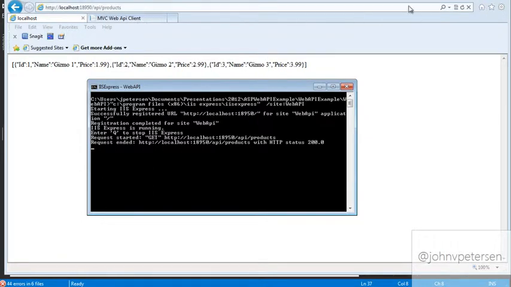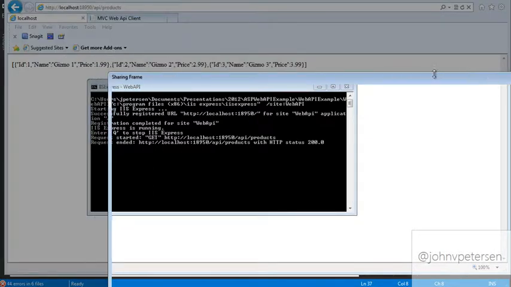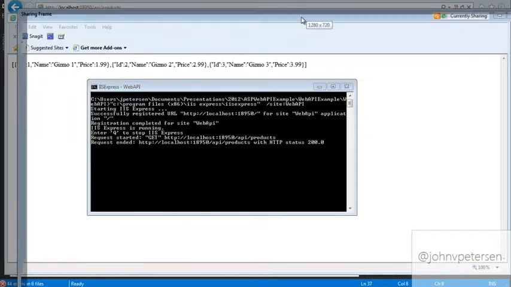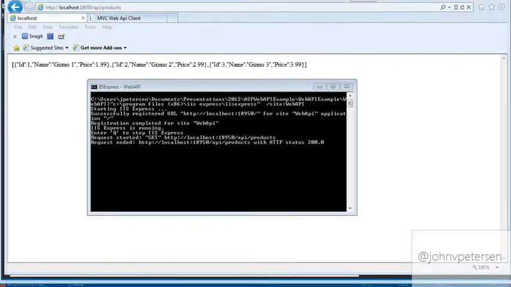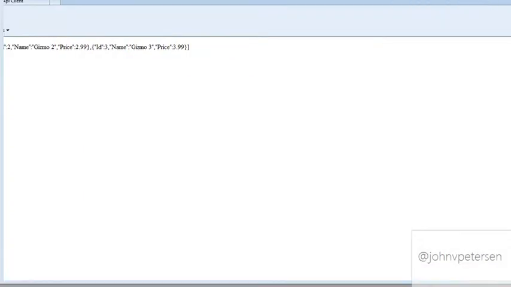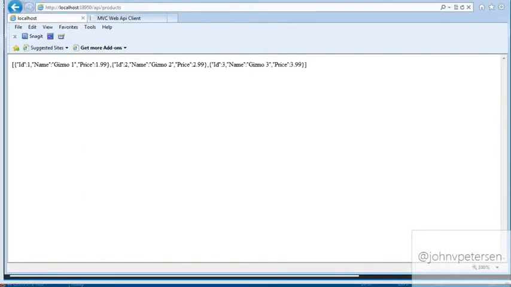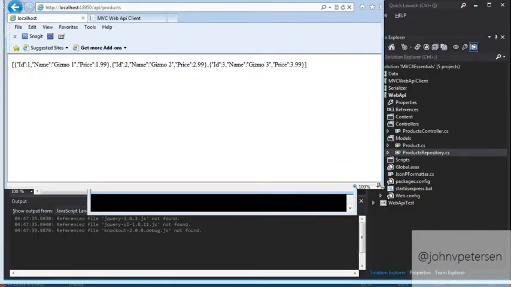Now, if I want to pass in a particular product, whoops, kind of messed that up. One second. Let me put that back where it was. Okay, so what I'm going to do here is, let me try and resize the browser slightly.